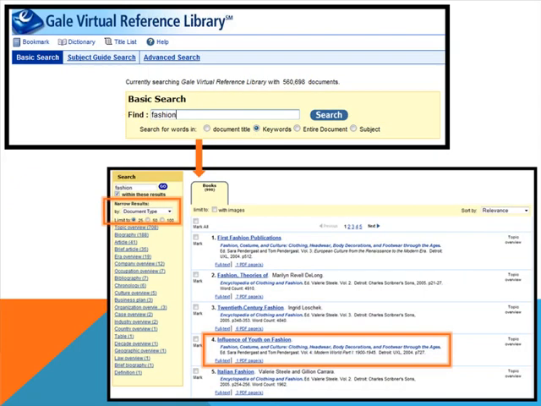If we choose to conduct a keyword search for fashion, the results show 990 hits sorted by relevance. Please note that any blue text you see is clickable. For example, to read article number 4 shown here, you can click on its title, Influence of Youth on Fashion, or you can click on the blue text that says Full Text, or the blue text that says One PDF